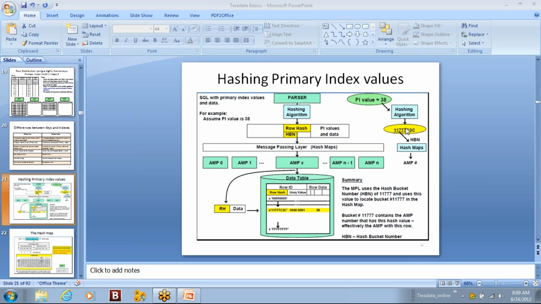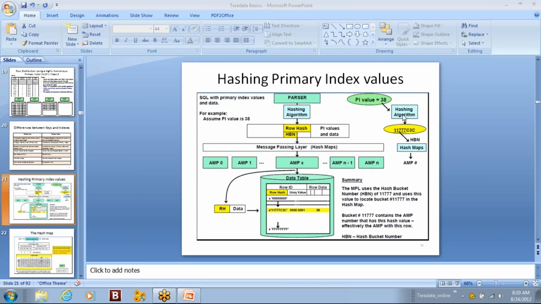Okay. For example, you can see here the primary index value is 38. The hash algorithm has taken the 38 value as an input, and it has generated a 32-bit value in hexadecimal format. Okay. If you try to decode each and every digit in binary, then it would come to 32 digits. Okay. So 8 digits multiplied by 4 binary digits, it would come to 32.